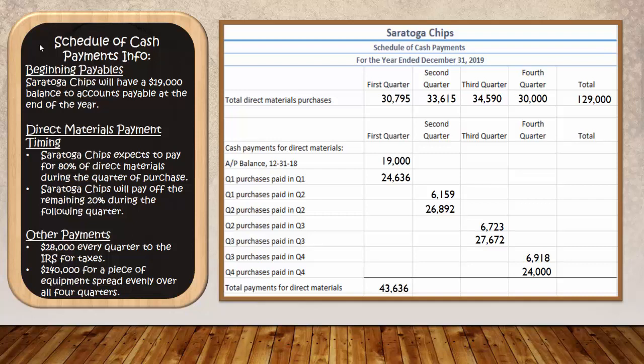In the second quarter, we paid for the remaining $6,159 that we owed on direct materials from the first quarter, plus the $26,892 that we're paying towards second quarter's purchases, comes out to a total of $33,051. We just continue to add the two numbers in each column together to determine the total payments for direct materials. It'll be $34,395 for the third quarter and $30,918 for the fourth quarter, giving us total payments for direct materials during the 2019 year of